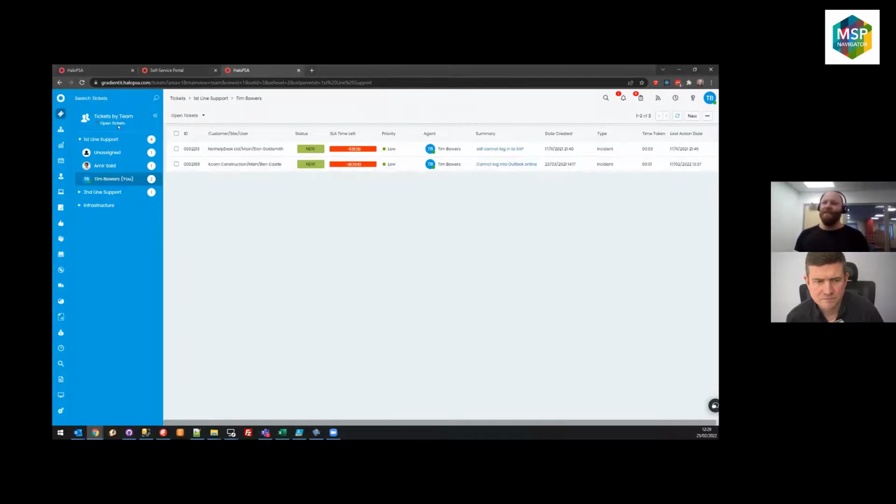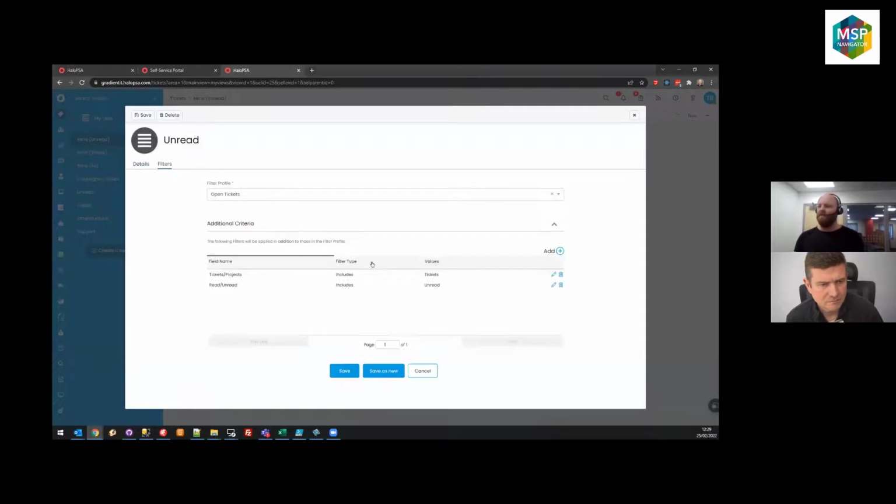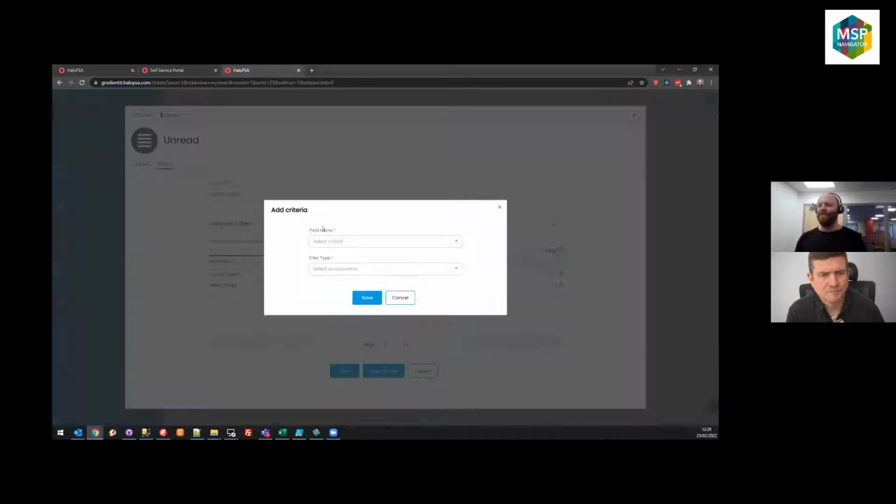This is your service desk area. You've got different ways to view your tickets over here. So at the moment I'm in by team, but we'd normally suggest people build their own lists out, which I guess are similar to what you call boards in ConnectWise. But these are configurable. So this unread one, if I just edit this list, that's showing just tickets that are unread, very basic. But you can then start putting your own criteria into these lists,